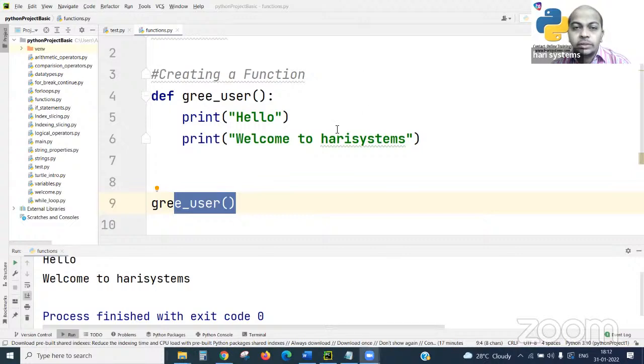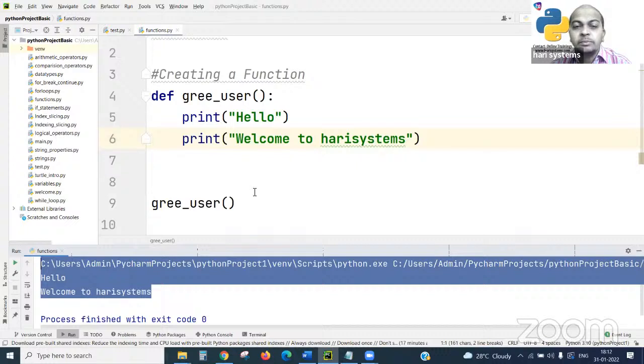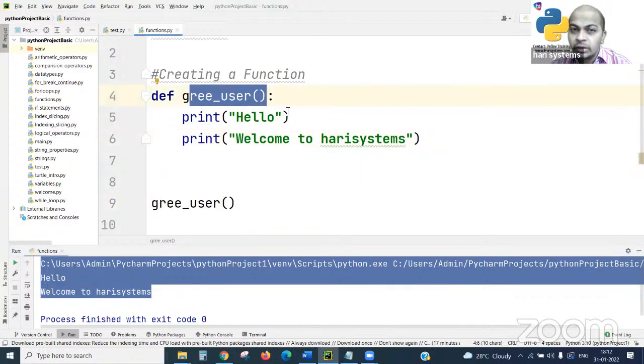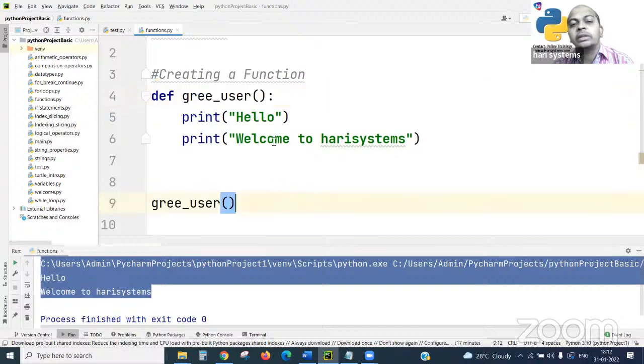Close it. Let's save it and run. So if I am calling this plainly, it's a plain function. There are no parameters added here. So we are calling this function and we are getting the result with these two statements. Awesomely, it's done. Now I want to write and prepare a dynamic function.